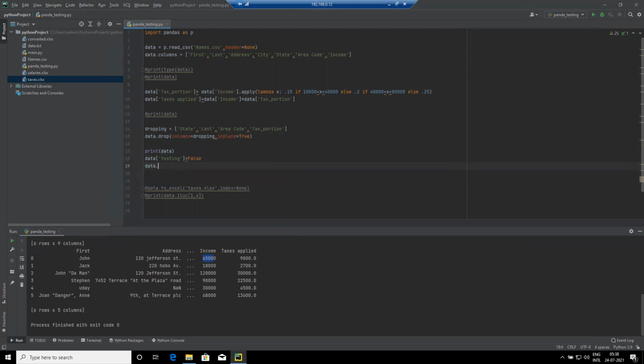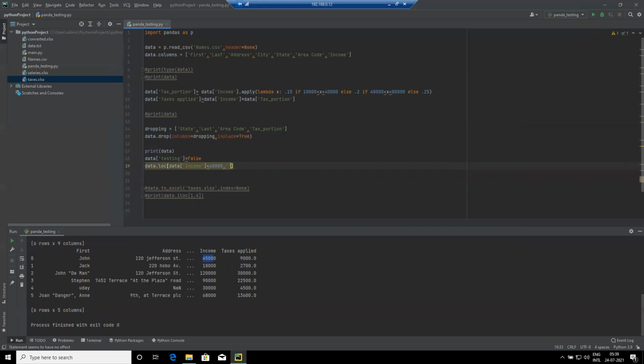Let's say data dot location to check for the values. If the value is based on the column, the data income should be less than 60,000. If the income is less than 60,000, that's all.